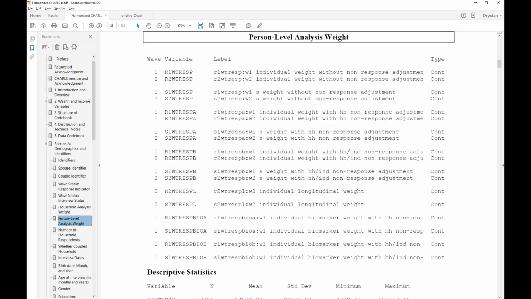So you can see here we've got quite a number of different analysis weights. We've got an individual weight without non-response adjustment. We've got, this is a spouse version, then we've got an individual weight with household non-response adjustment, and an individual weight with household and individual non-response adjustment. And we want to account for this non-response. This is important if we're trying to make an estimate for the entire Chinese population. We need to account for this non-response. So the weight that we want to use here is this